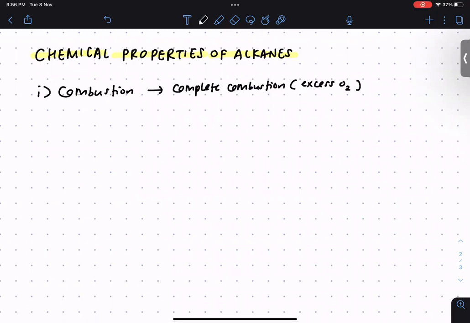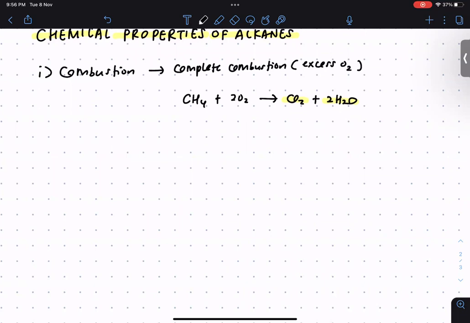So for example, if you have methane, I'll use methane as an example, okay? CH4 plus O2, you get CO2 plus 2H2O. Okay, so this is a complete combustion where your product will be carbon dioxide and water. And then say, for example, if you were to have incomplete combustion,